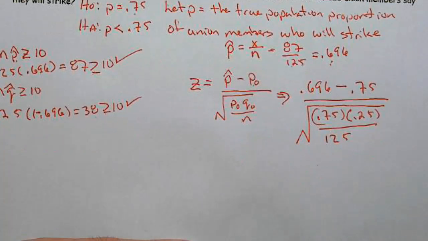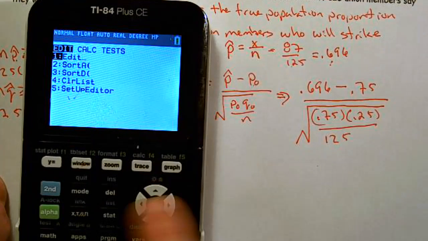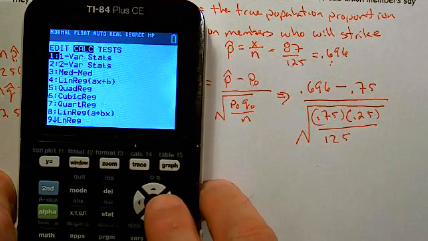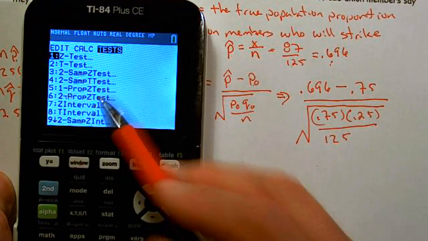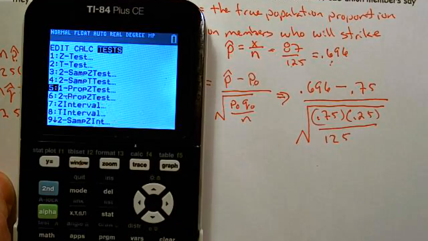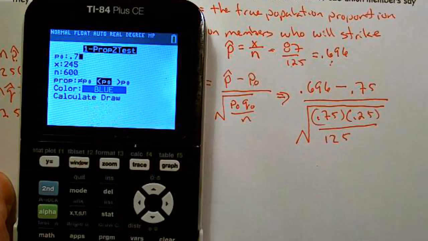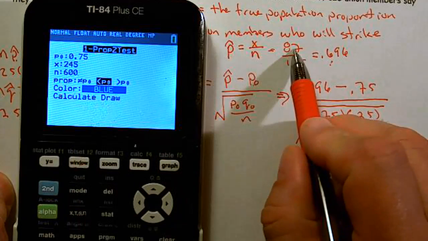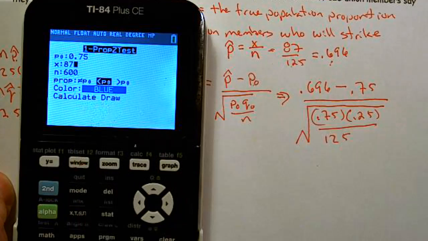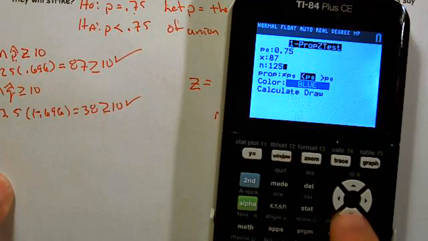Okay, so we've gone ahead and we've done all that work. So now we can run to the calculator. And the calculator is going to do a nice job for us. It's going to go stat test. And we're going to look for one proportion z test, which I guess is number 5 on your calculator. And the first thing it asked for was p naught. Well, p naught was 0.75. X, oh, that was the number of successes, which was 87. N was our sample size, 125. And we said in our alternative that we wanted a less than, so I need to make sure I have a less than